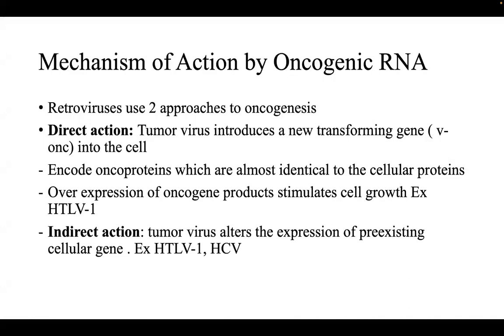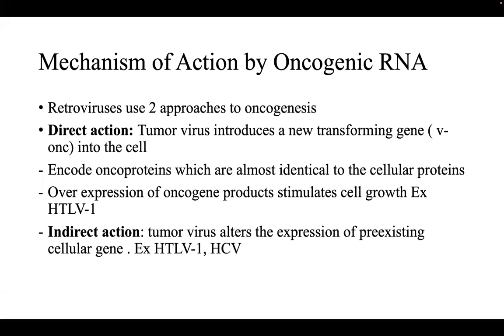So what about the RNA viruses? How do they cause oncogenesis? So we've seen retroviruses use two approaches. There is the direct action or indirect action. Under direct action for retroviruses, the tumor virus usually introduces a new transforming gene, which we call the v-onc, into